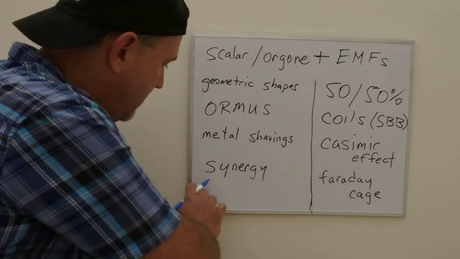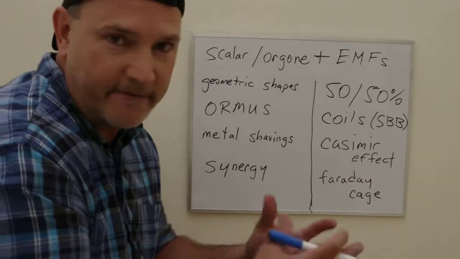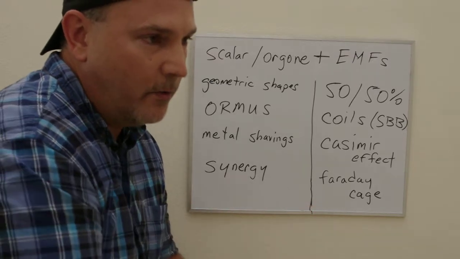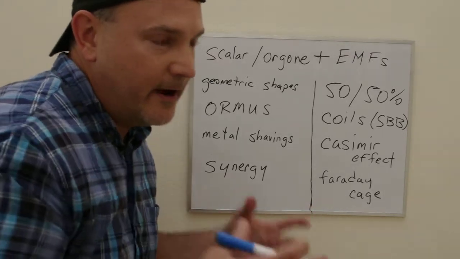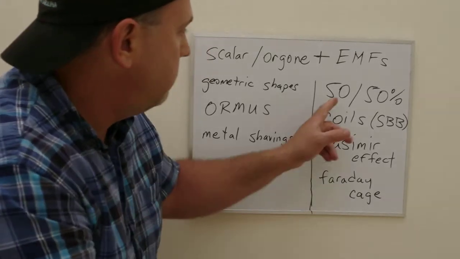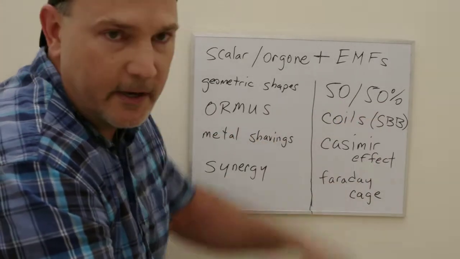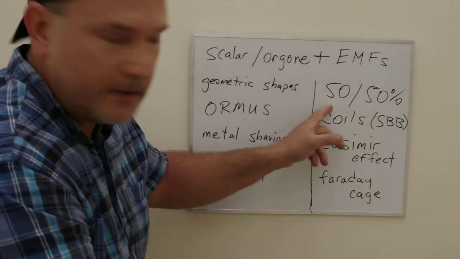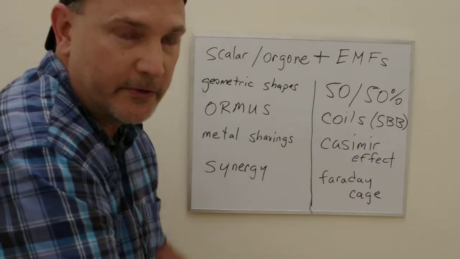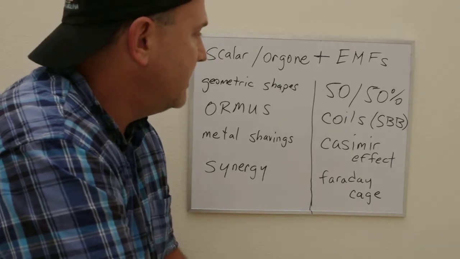In Orgonite, the sum of its parts working together should create a synergistic effect, where all the parts together are greater than the sum of the individual parts. I mean, the 50-50 ratio. That's 50% organic and 50% inorganic. So you're going to use gemstones along with metal shavings. Gemstones are going to be your organic, and shavings are going to be your inorganic in your piece.